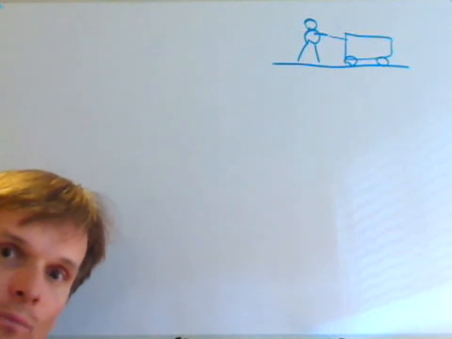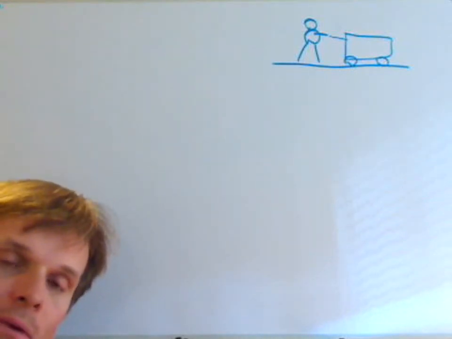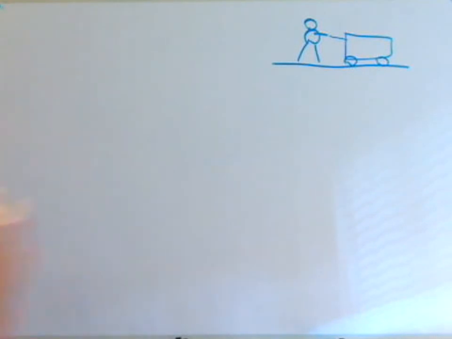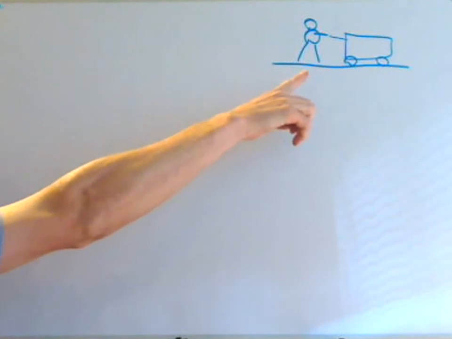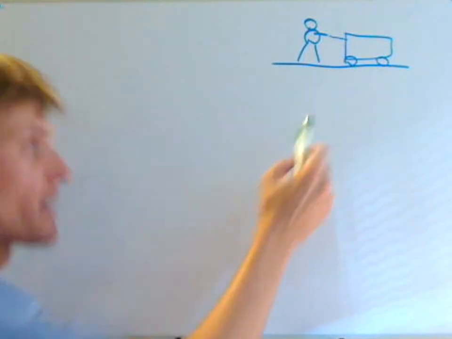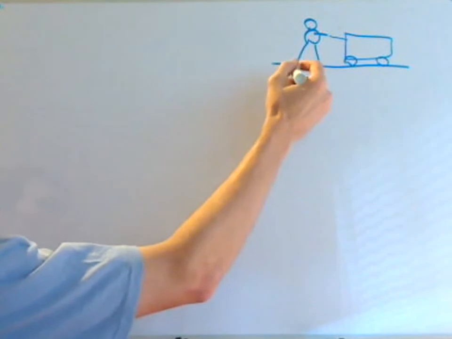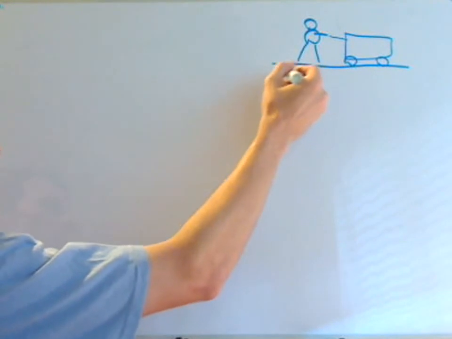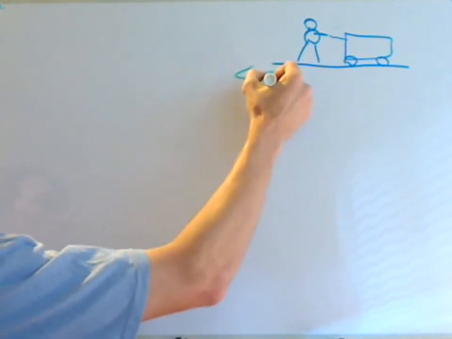Okay, let's go ahead and work this problem on Newton's third law. What we're told is there is a shopper, and that shopper is pushing some cart. And what we're told in the problem is that the person exerts 100 Newton force on the ground. So that person pushes that way with 100